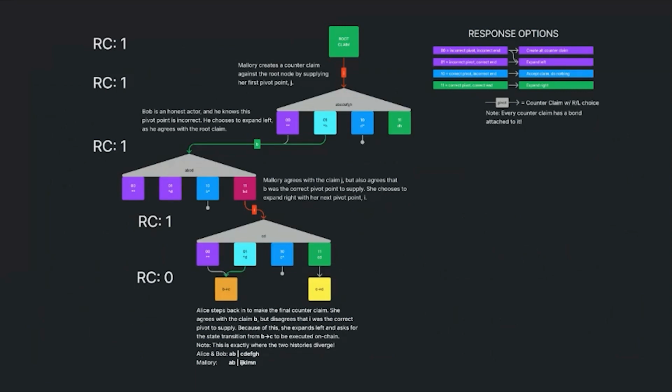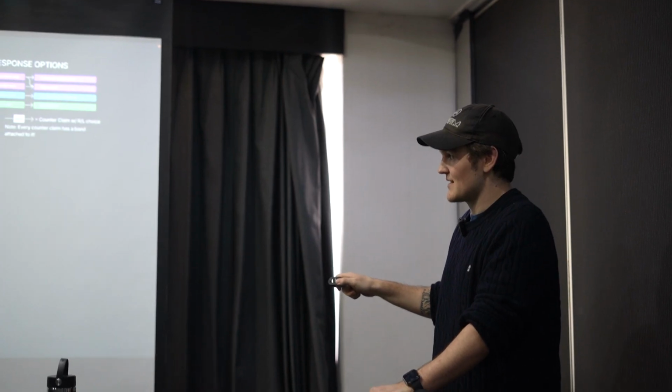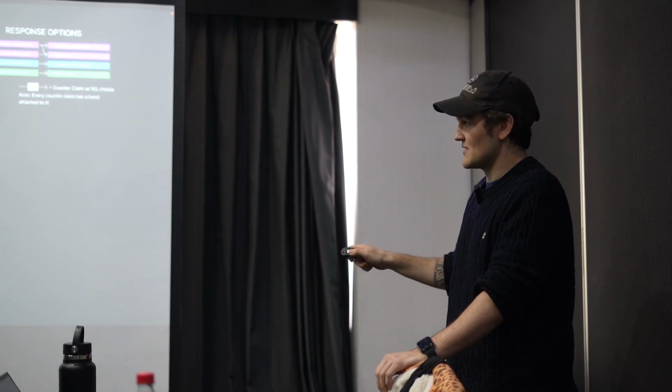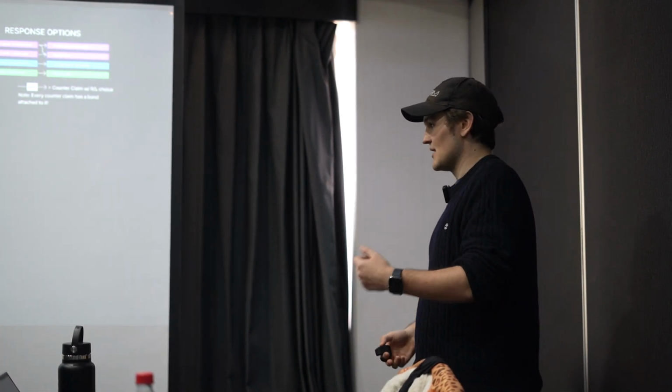So basically we go back to the same example and set all of these reference counters here. So basically the root claim has one reference, which is J. This has one reference, which is basically B, and then so on and so forth until we get here where we have this dangling node. And this state transition got added to the tree because it actually ran successfully and proved something.